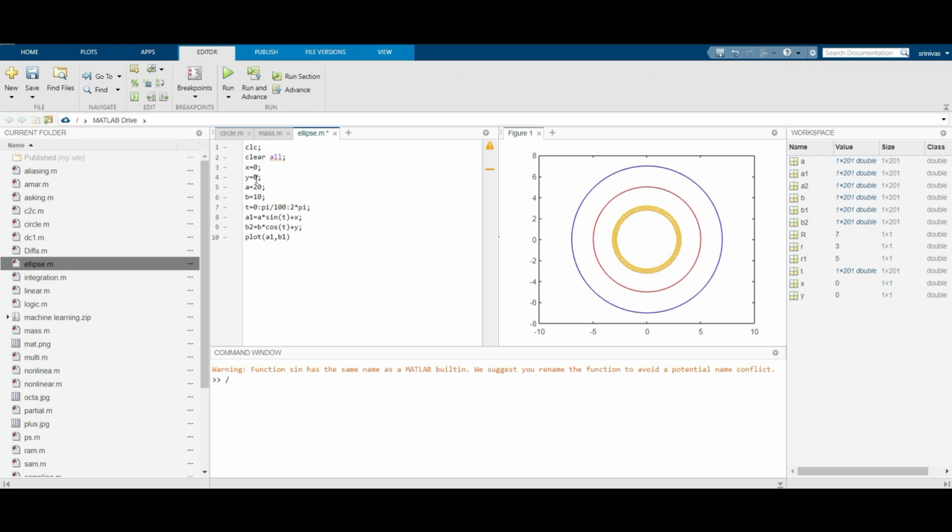Here I have taken x equal to 0 and y equal to 0, which means the center of the ellipse is 0 comma 0, with major axis 20 and minor axis 10. I am going to evaluate this over 2 pi radians with a step of 0.05, and a1 is equal to a sin t plus x, b2 is equal to b cos t plus y. When taking the center as 0 comma 0, a1 is equal to a sin t and b2 is equal to b cos t. It means a1 square by a square plus b2 square by b square,